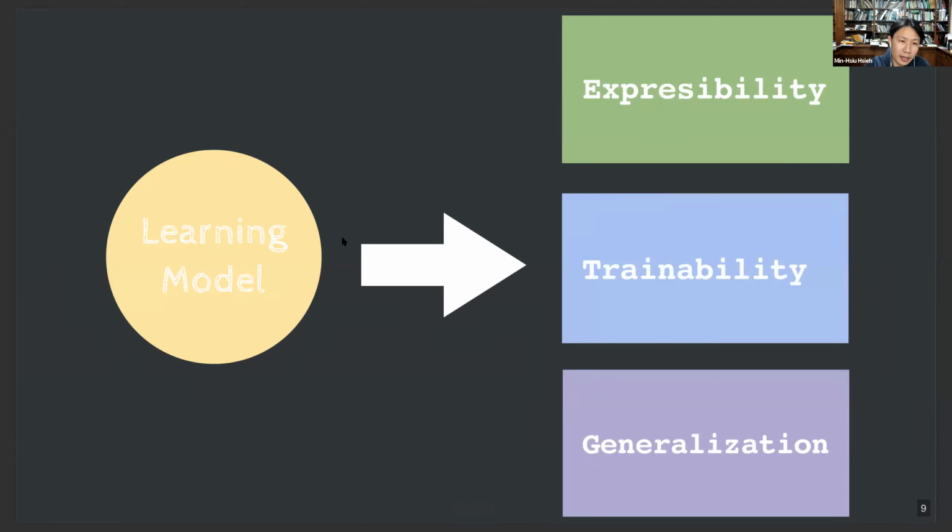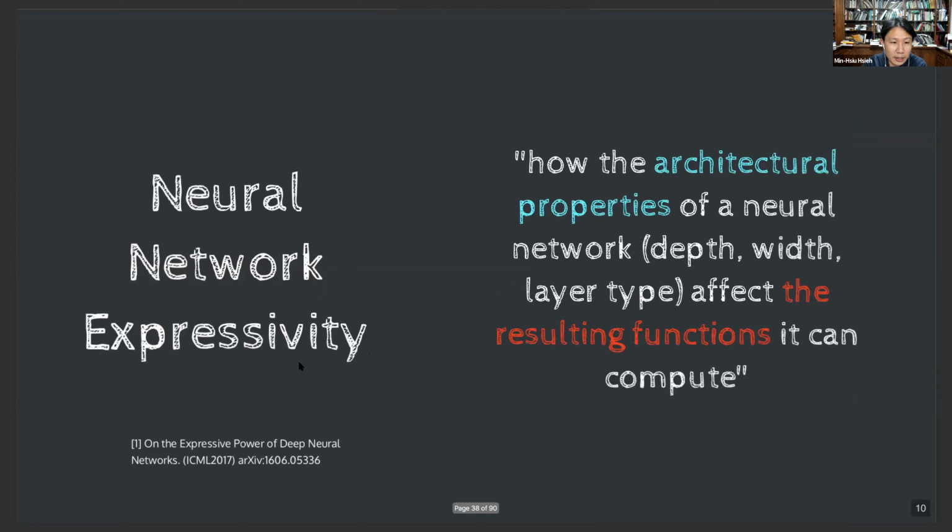And in the machine learning community, there are 3 theoretical questions that people are interested in regarding those learning models, and neural networks are one of them. For example, those 3 questions would be the expressibility of your neural network, the trainability of your neural network, and the generalization of your neural network. And I will go through these one by one. Okay, so the expressivity